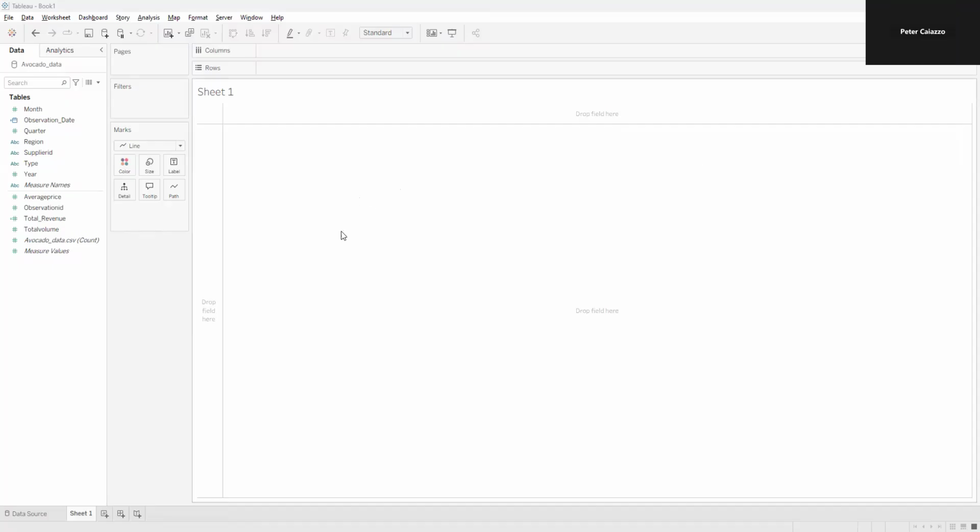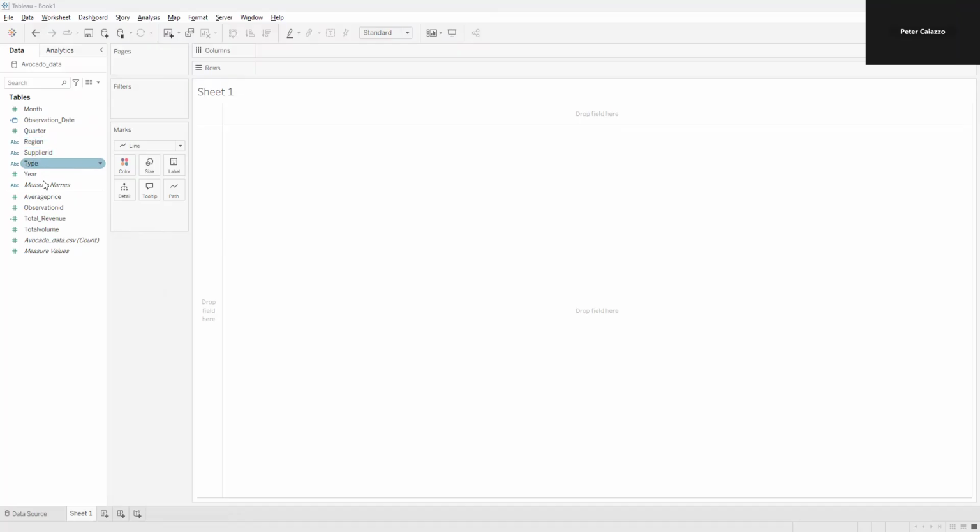All right, so before we go ahead and start our first data viz, a few more items to cover. First, on the left-hand side, there's both green and blue. What you'll notice there, the blue are called dimensions. These are things that are discrete. They fit in neat buckets. These are qualitative things. Things like organic avocados versus conventional avocados, or supplier ID, which is something just ABC, region,